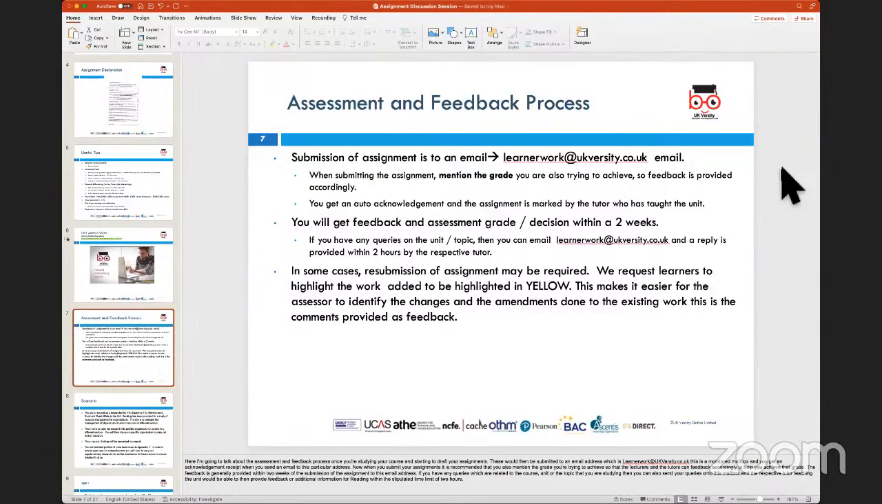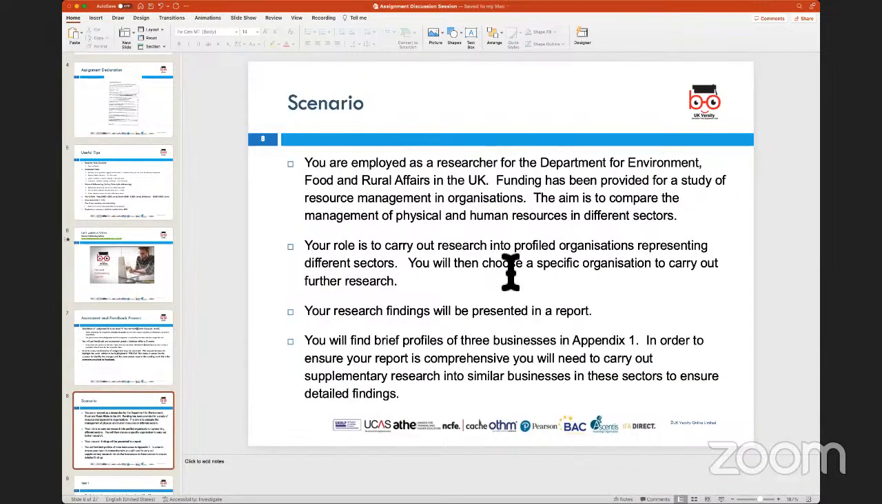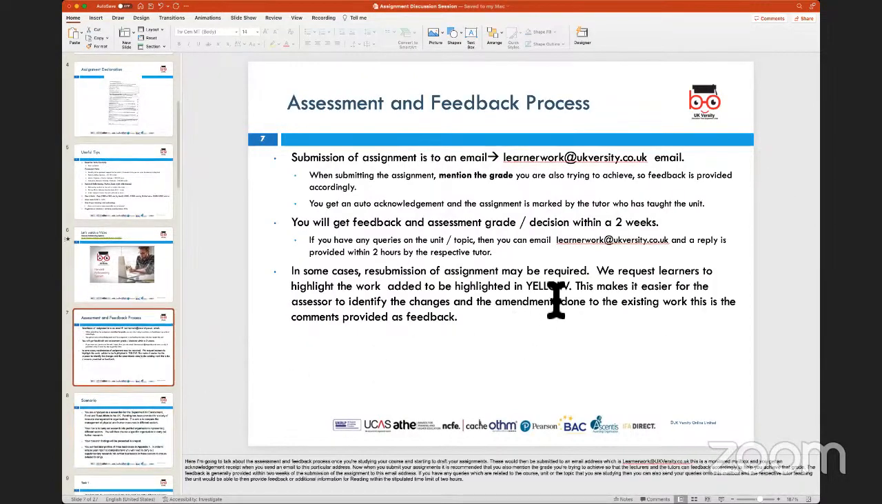And I can quickly turn it around to say, yes, this was the comment I had given, and this is the additional bit that you've added. Now it meets the criteria, and then the unit is achieved. So highlighting the work which has been added becomes important, because it helps us to turn it around much faster,